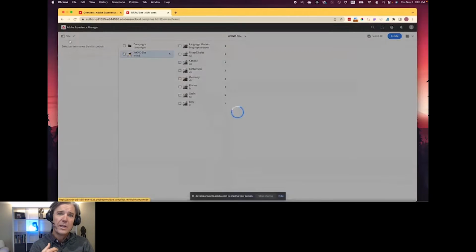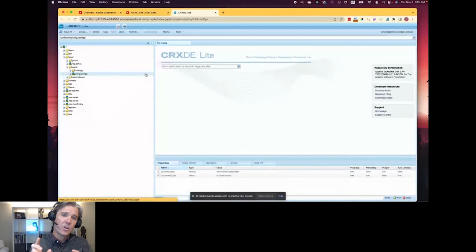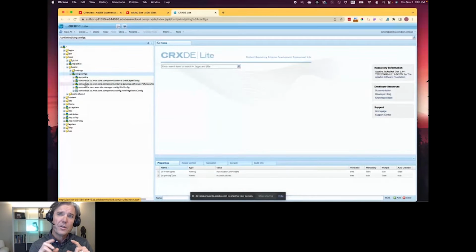What that's doing is adding some Sling configs, and we can take a look at that inside of CRX. You'll notice that there are two new Sling configs here, the HTML page item config and the site config. We will look at the XML of these two items in just a minute, and I'll walk you through how they relate to the new theme.